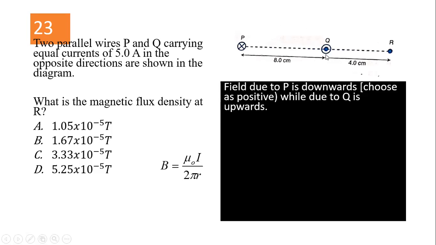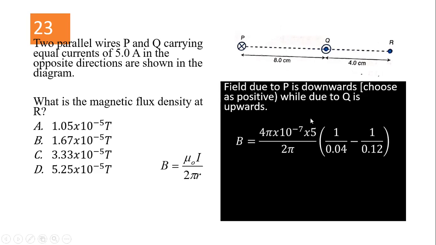Whereas Q is coming out. Okay, we have to finish in 10 minutes time. After that, we will spend another 15 minutes with your past year paper. Right? Q is coming out. Okay, so it's going anti-clockwise. Right? Going this way. So at R is going at a tangent upwards.